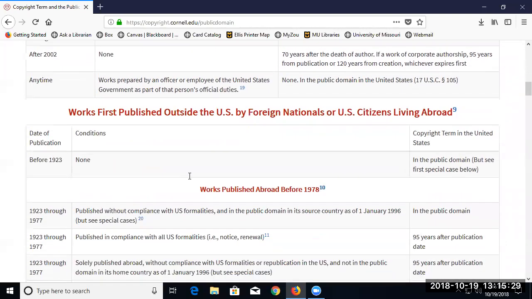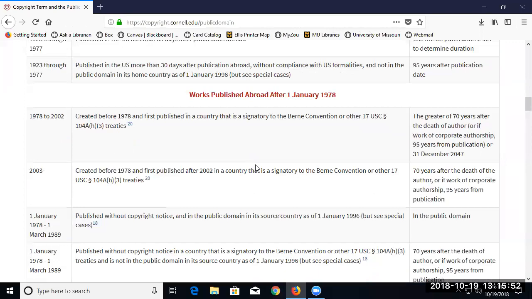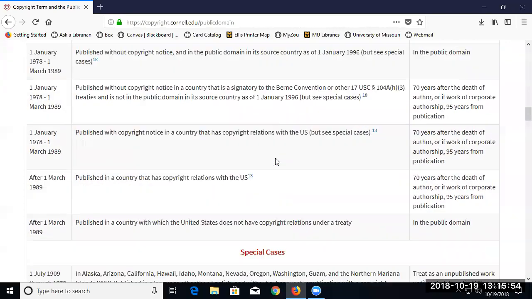Also, some different things might affect things. Like if it was published overseas, it may depend on what treaty we had with the country where it originated. I think right now, generally, most of the countries we see publications from are part of the International Intellectual Property Organization. So U.S. copyright would basically apply in those cases, but in some other cases they wouldn't.